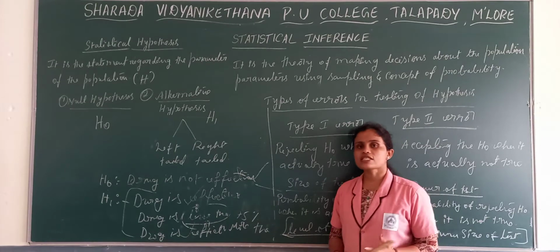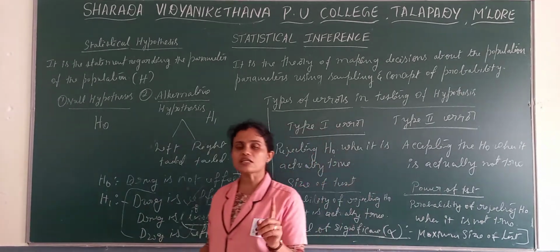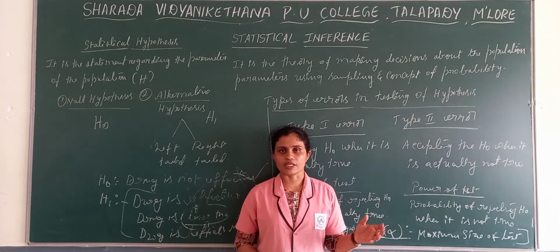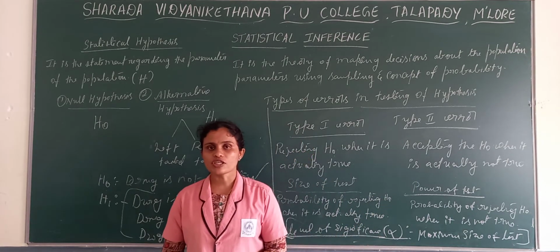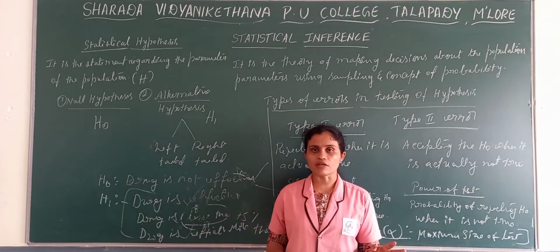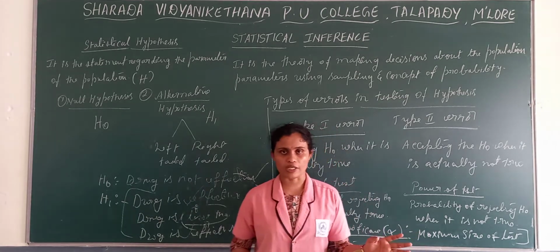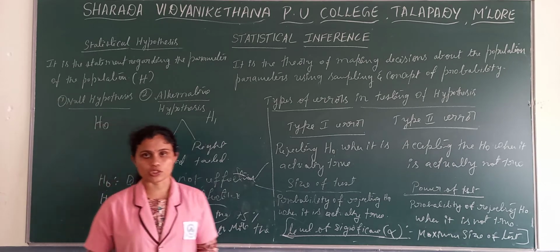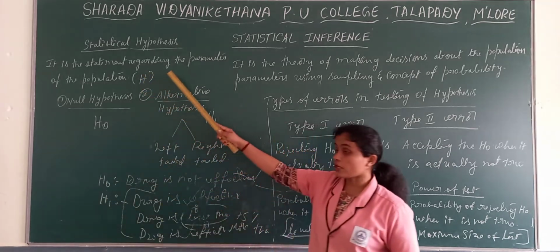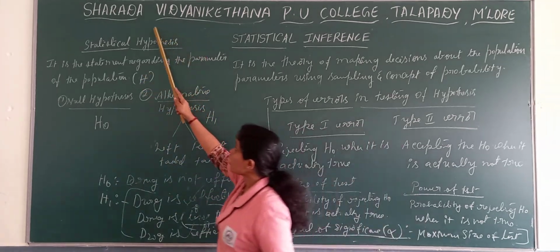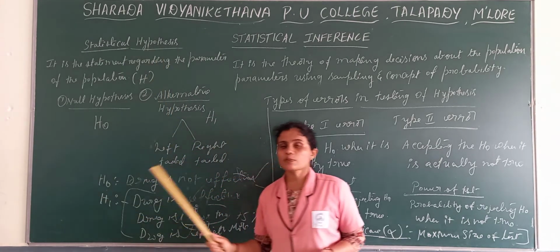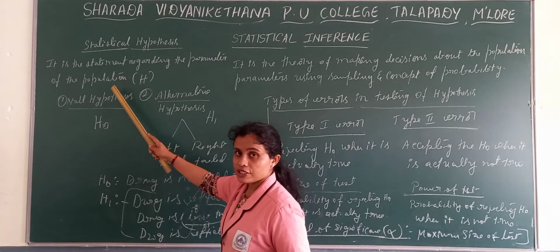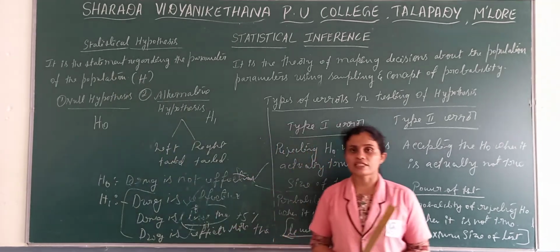Point estimation is where we propose a single value in order to estimate the unknown value of a parameter, and interval estimation is where we propose a particular interval in order to estimate the value. Then we move towards the statistical testing of hypothesis. What do you mean by hypothesis? Hypothesis is nothing but framing a statement regarding the population parameter and is denoted by capital letter H.